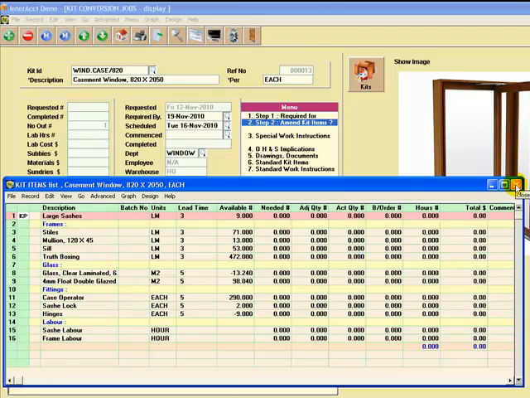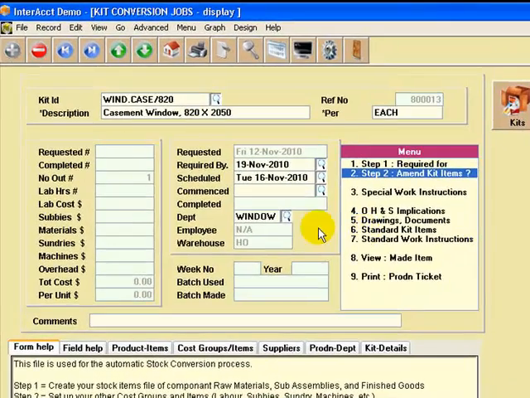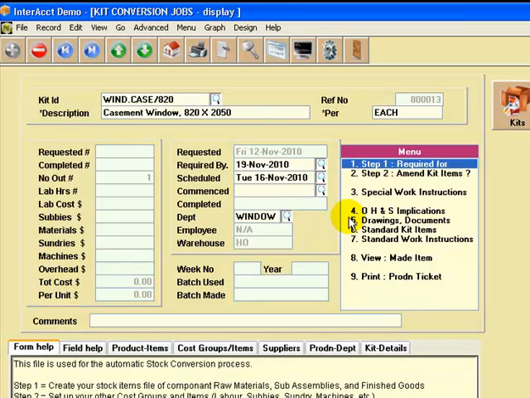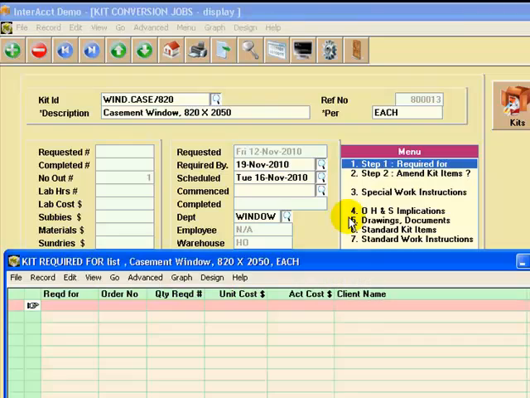Okay, so that would have been set up under our standard kit. We'll come back and have a look at that in a bit more detail. So that's all now attached to this job. So step 1 is, what do we need this thing for? What do we need this casement window for? So let's just go in here, and once again we can click on the plus button or just press enter